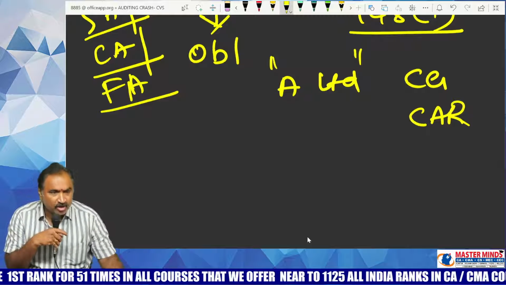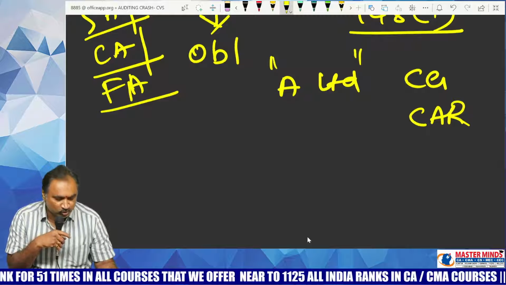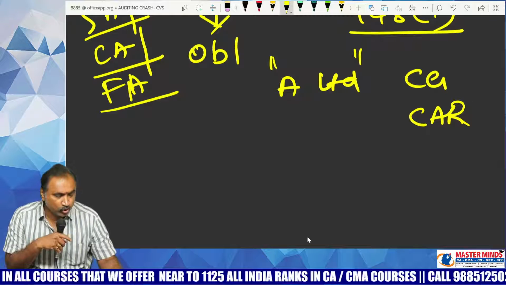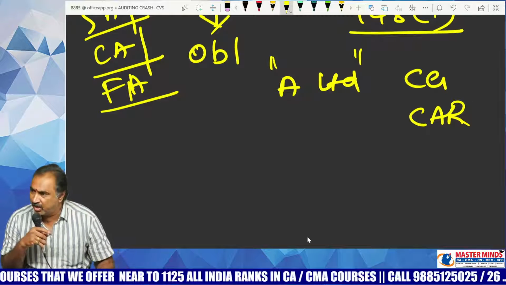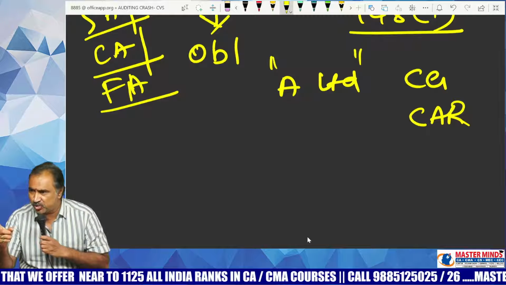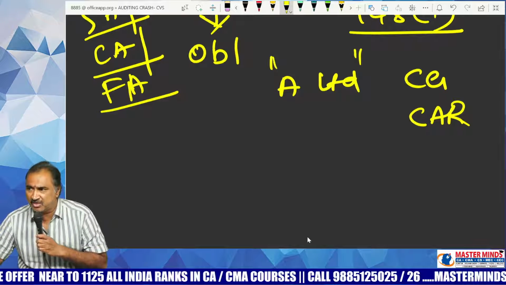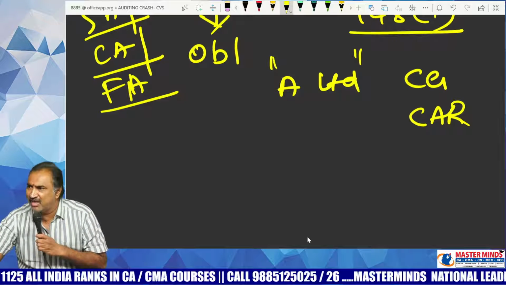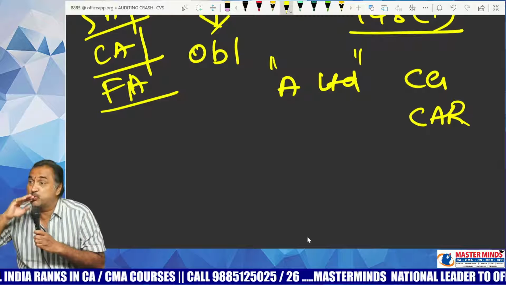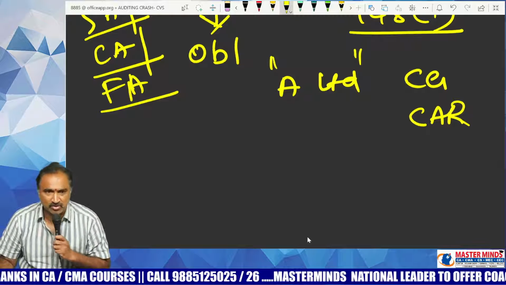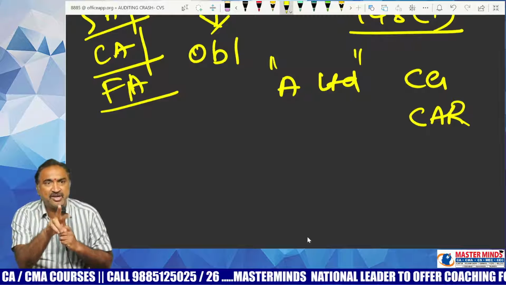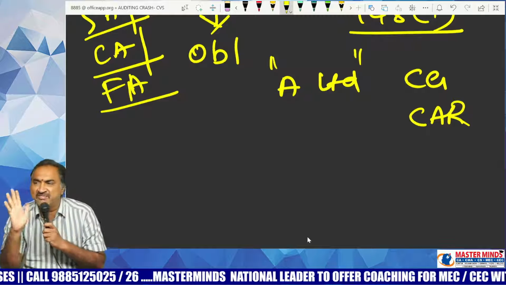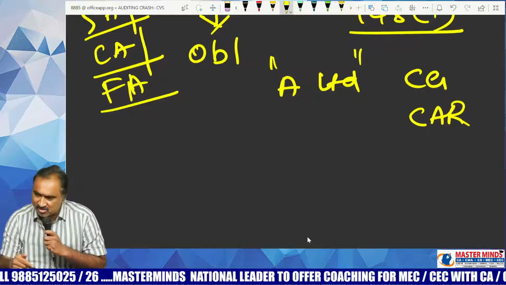If you were the auditor, do you agree with the contention of the company? That is my question. Have you understood my question? Good, very good. Do you accept the contention of the company? No. Once you were appointed as the statutory auditor, once the company is maintaining cost accounting records in accordance with the directions given by the central government, you are always having a right of access to such cost accounting records to make a comment under CARO. That is the reason why, although you are a financial auditor, you have been given access to cost accounting records. This is case number 1.